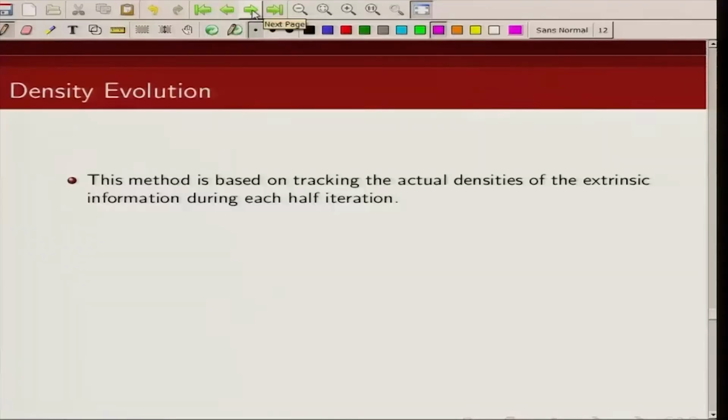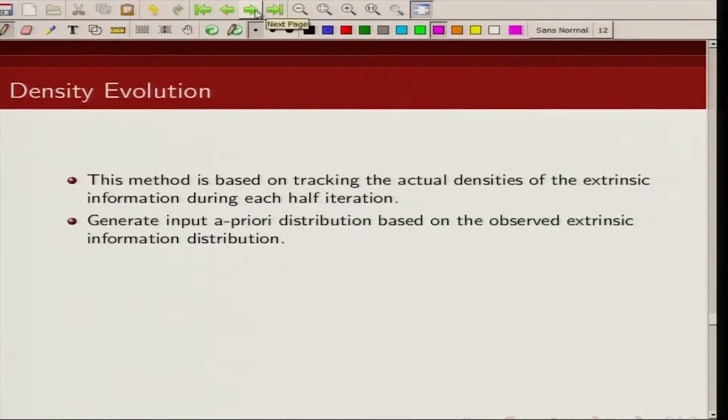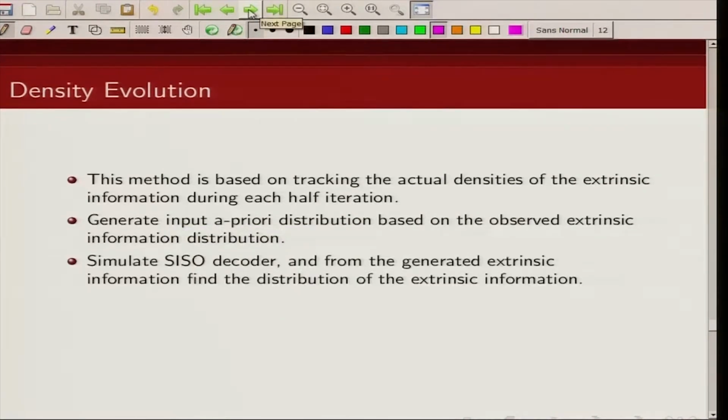This was the method of Al-Gamal. Now, the method of DIFSLR, they actually use the actual densities of the extrinsic information and they track it for finding out how it is growing with iteration. So, they generated some input a priori distribution based on observed extrinsic information and then they simulate this soft input soft output decoder using this generated distribution of a priori